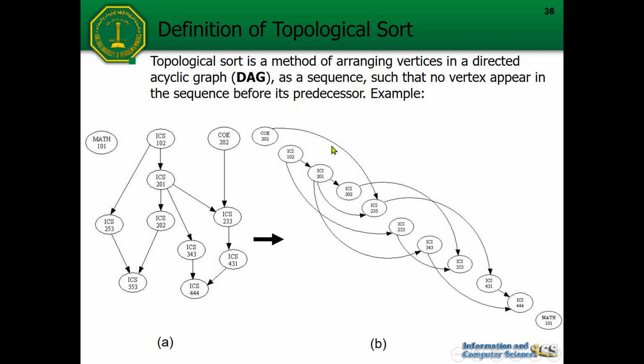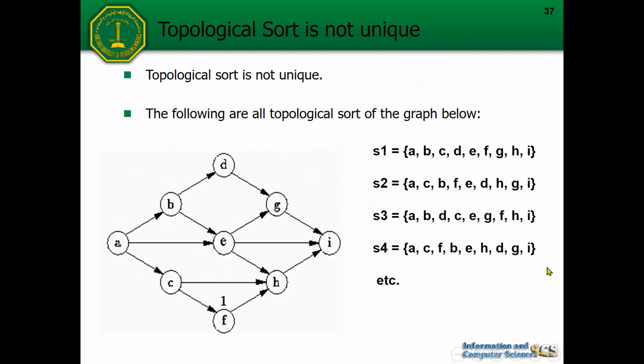So the topological sort algorithm will take this as input, reorder the vertices, then after that reconnect the edges according to the original input graph. So there will be no difference between the output of the topological sort algorithm and the input. Basically they are the same graph, only the vertices have been ordered so that the prerequisite appears before the corresponding vertex.